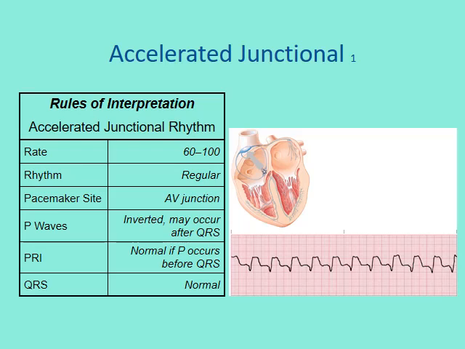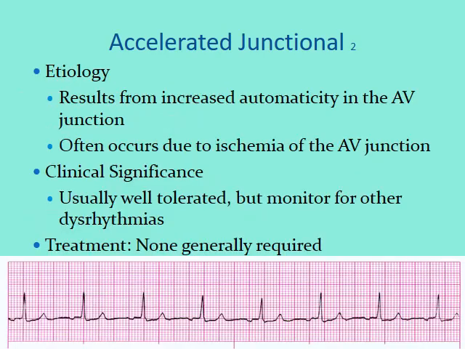And that QRS complex is less than 3 little boxes or 0.12. But this doggone rhythm looks crazy. When you see something that looks crazy, go through your 5-step rhythm recognition process to identify those rhythms. Accelerated junctional, how's it occur? Ischemia. Hypoxic AV junction. It's usually well tolerated because your heart rate's going at the